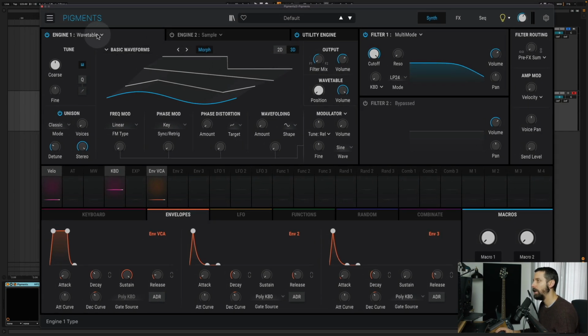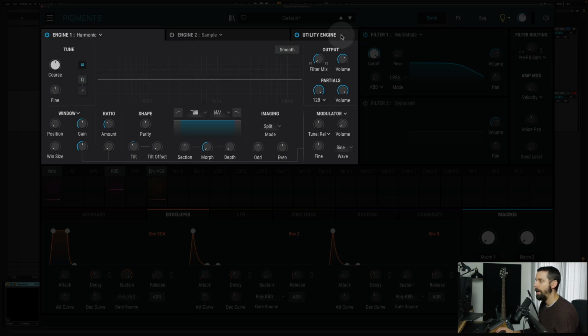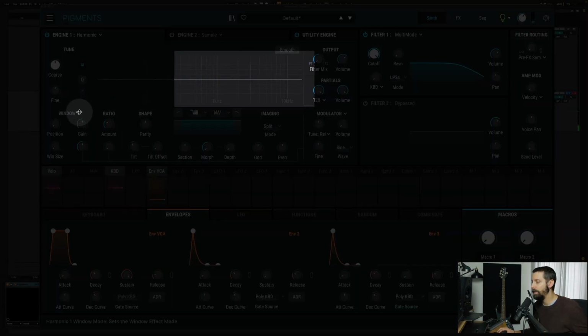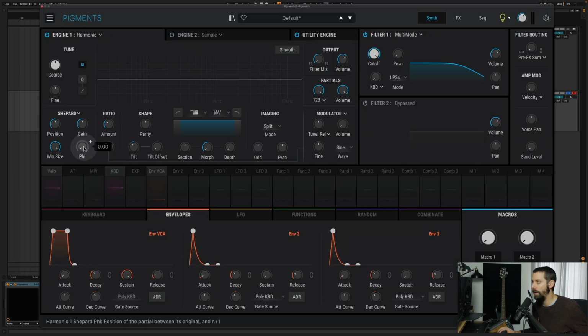We'll start by changing sound engine 1 to our harmonic sound engine. The harmonic sound engine is an additive sound engine. Basically, when we play a key, it's playing a whole bunch of sine waves at different frequencies. And the basis for this sound, this hell rising Shepard's tone, is that each of these sine waves is going to rise. So we're going to change our partial modulation mode to Shepard and change the window size to the entire window here,